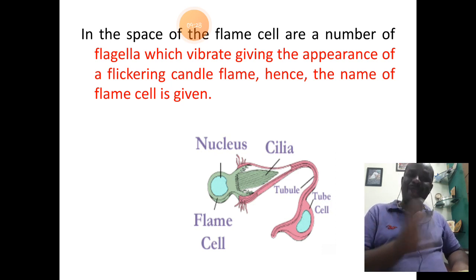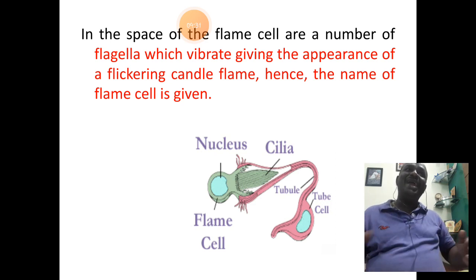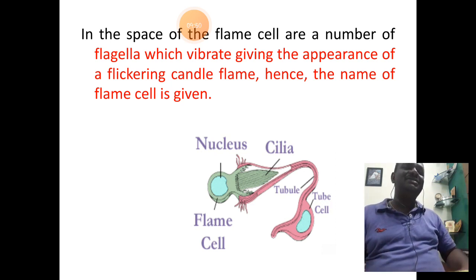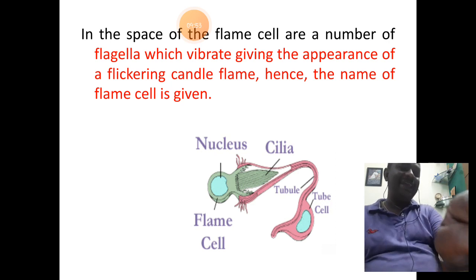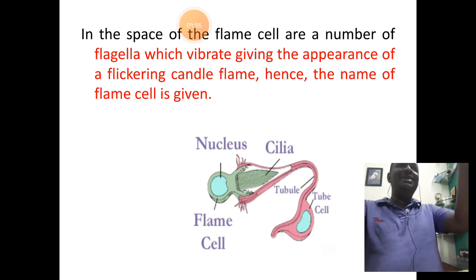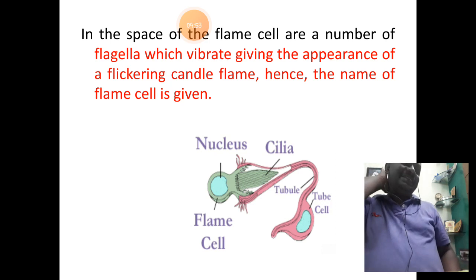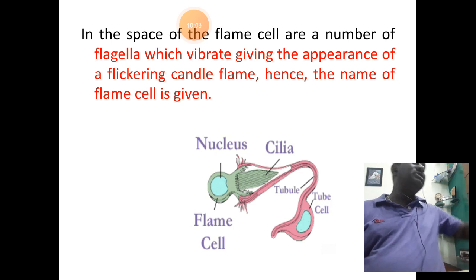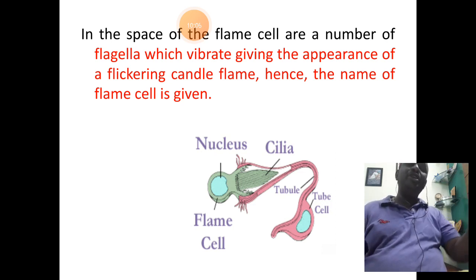The hydrostatic pressure relates to the pressure created on the water inside the flame cell, which is nothing but the excretory product drawn from the mesenchyme cells. So along with that, the ammonia and all dissolving salts or ions along with the water enter into that intracellular space. From there, the intracellular space is connected down with a tubule which we call the excretory tubule or excretory trunk. Now from there it moves towards the other end where the nephriospore or